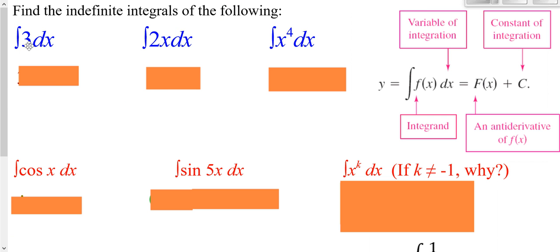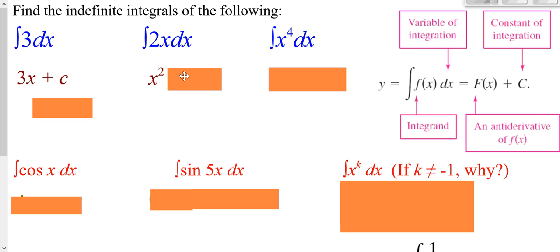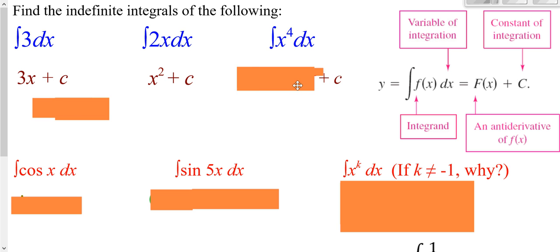So here we have a constant. So you got to think, the derivative of what would be 3? Well, that would just be a 3x, but then you have to remember plus c because it's an indefinite integral. Here you have a 2x. Remember, you have to increase your exponent by 1. Because you're going backwards, doing the reverse of the power rule, and so we get an x squared, and we'd have to have a plus c because it's an indefinite integral. So here we'd have to have our plus c,